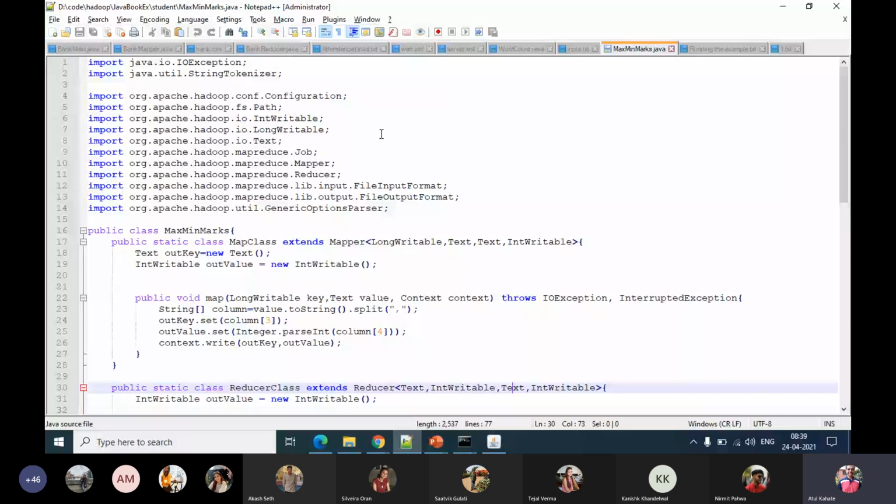Although we would just like to write max and min because max and min are simple integer types, we can't write them. After we find the max and min, we are converting them into this out value, which is our int writable type. And then this out value is what we will write here. Actually, we should have used out value here directly, but I think these variables have remained. So yeah.